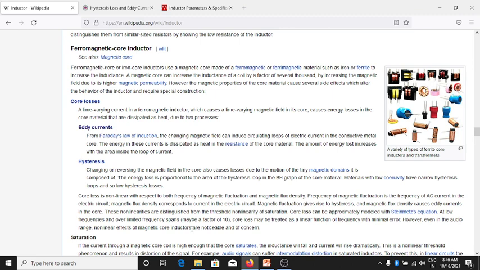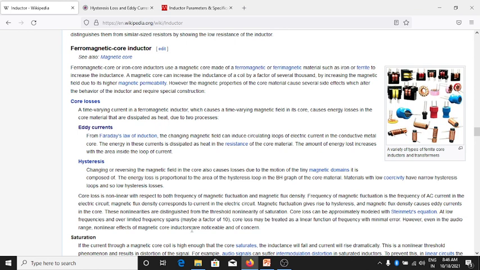These materials increase the inductance. The magnetic core can increase the inductance of the coil by a factor of several thousand by increasing the magnetic field due to its higher magnetic permeability. However, the magnetic properties of the core material cause several side effects which affect the behavior of the inductor and